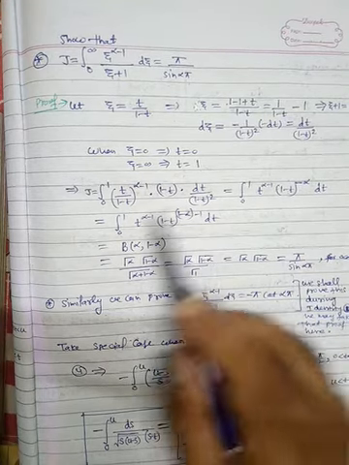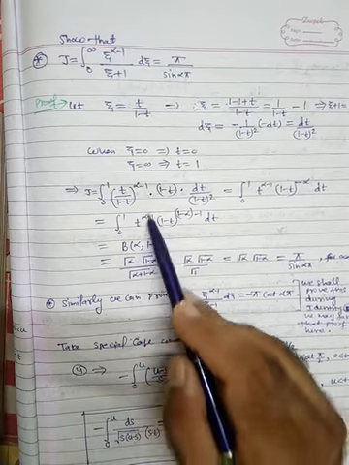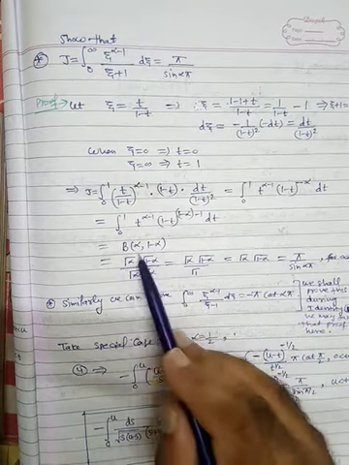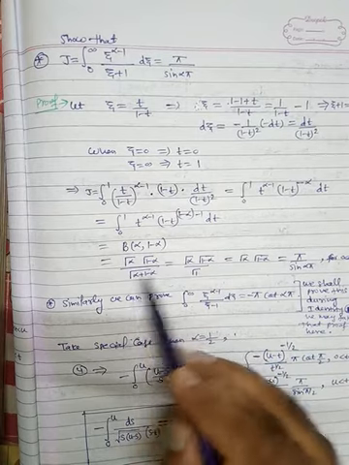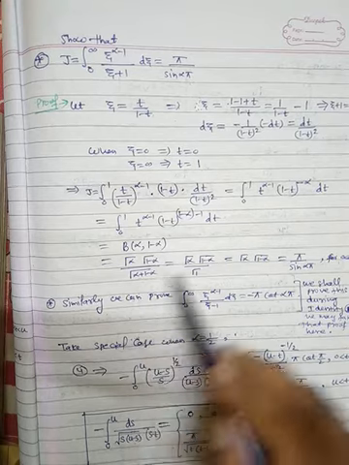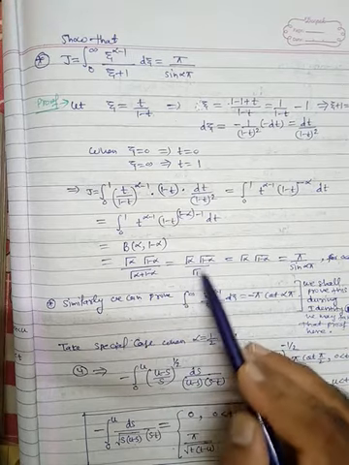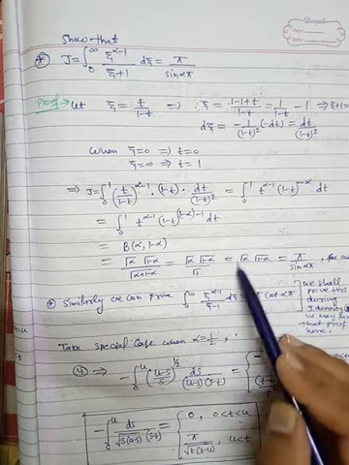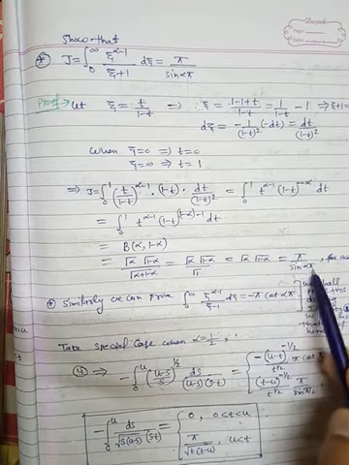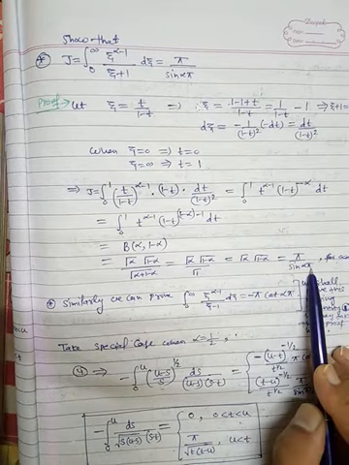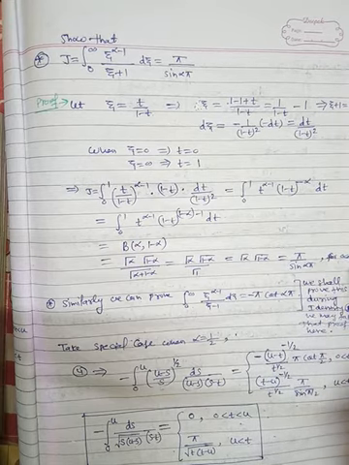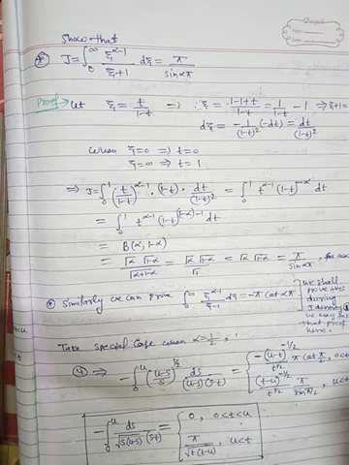So this is nothing but the beta gamma function. So beta alpha, 1 minus alpha, and after simplification we get gamma alpha, gamma 1 minus alpha divided by gamma alpha plus 1 minus alpha. This alpha is cancelled out with alpha, so gamma alpha, gamma 1 minus alpha upon gamma 1. Gamma 1 is 1, so gamma alpha, gamma 1 minus alpha, and the value of this is nothing but pi upon sin alpha pi. ठीक. So the value of this is pi upon sin alpha pi. Here alpha is in between 0 and 1.